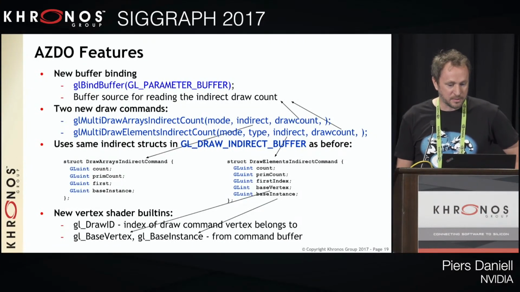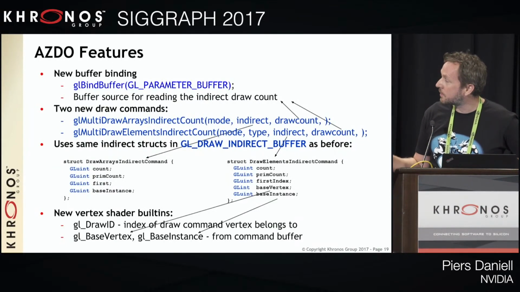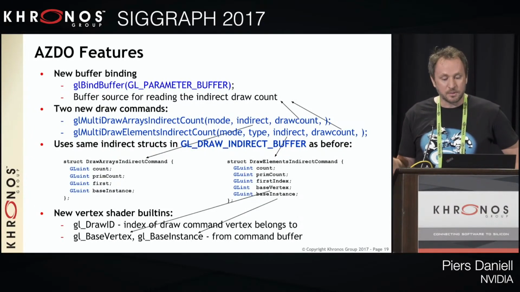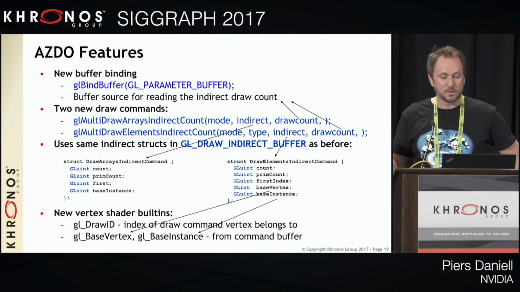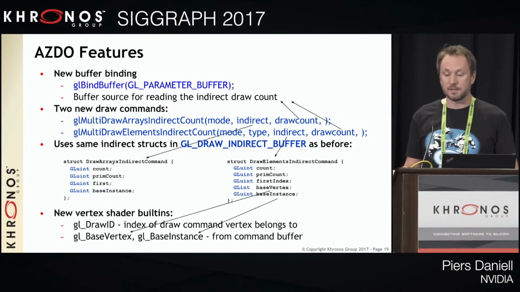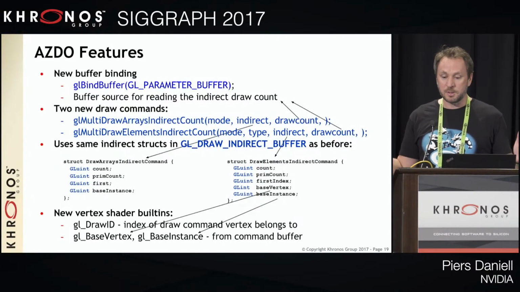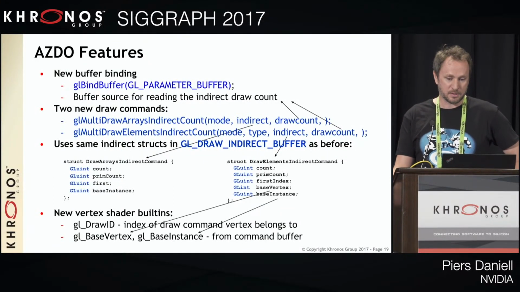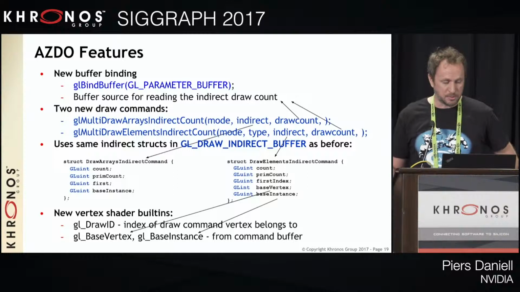I wanted to briefly mention the AZDO features that we added. It comes from 2 extensions. So there are 2 new draw calls, multi-draw arrays indirect count and multi-draw elements indirect count. And the new thing about these functions is that the draw count actually comes from a buffer, not from a parameter that you pass in. The buffer is the parameter buffer that you bind ahead of time before you make the call. And the idea is that the GPU would generate its own draw count. One of the things you can use this for is that the GPU can actually cull stuff and generate its own work. So this is another AZDO feature, in other words, reducing driver overhead, getting the GPU to do more.